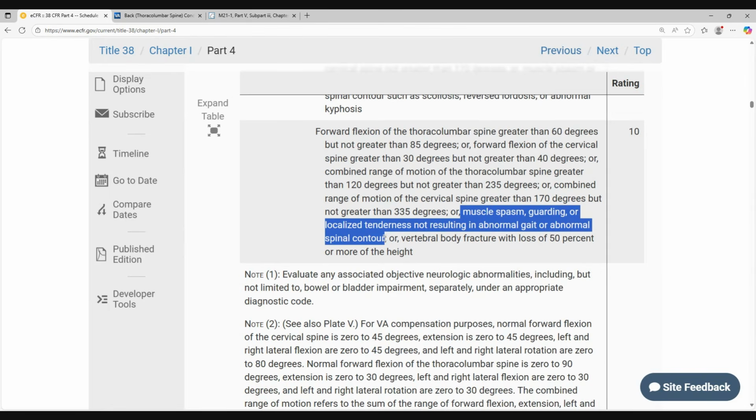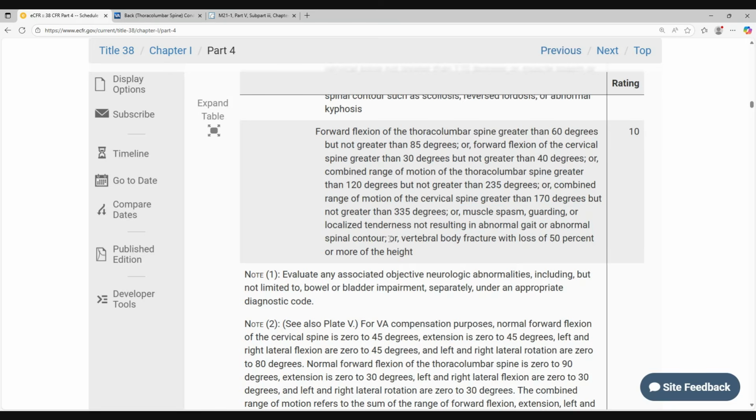Think about muscle spasms that cause you to have your posture shift permanently. That kind of maybe makes you have scoliosis, lordosis, or kyphosis of some kind. Some kind of movement or repositioning of your spine in a very unnatural, non-anatomical position. Okay, and then we come to another or here, which applies to both the neck and the back. Vertebral body fracture with loss of 50% or more of height. This seems like a more